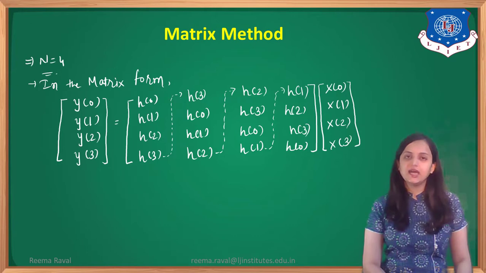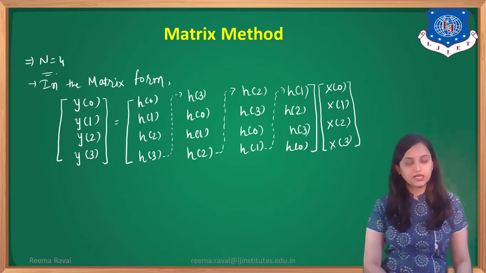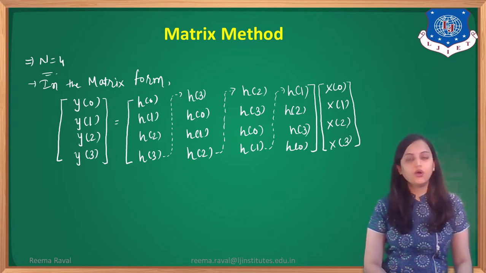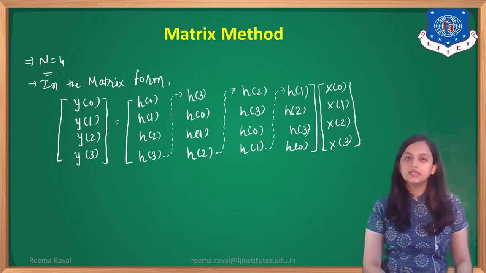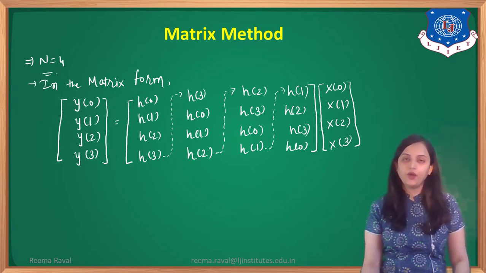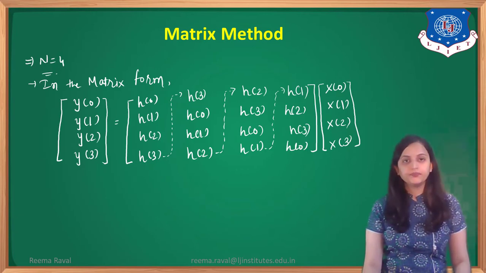We have seen that the graphical method is a very tedious process, and if the number of samples is more, it becomes more lengthy and tedious. So this matrix method is very useful, and as compared to the graphical method, it is very short and very effective, whether the number of samples is large or small. In this, the samples are to be rotated or circulated in the matrix to obtain the circular convolution.